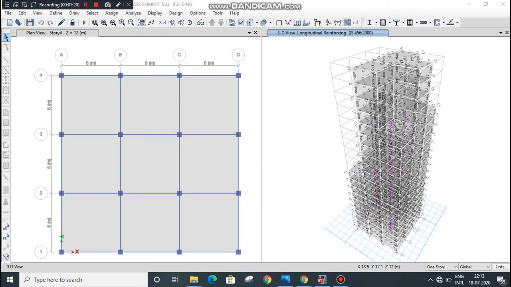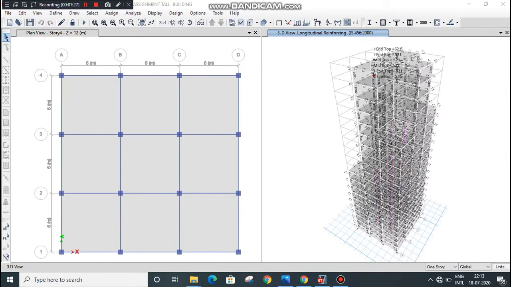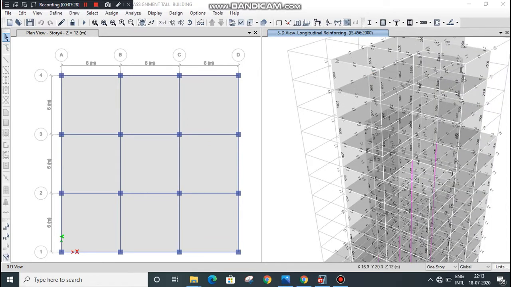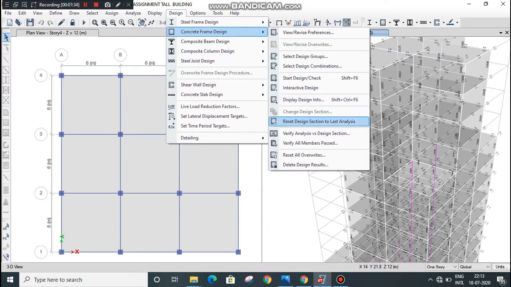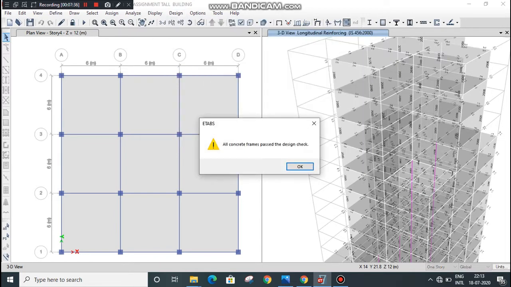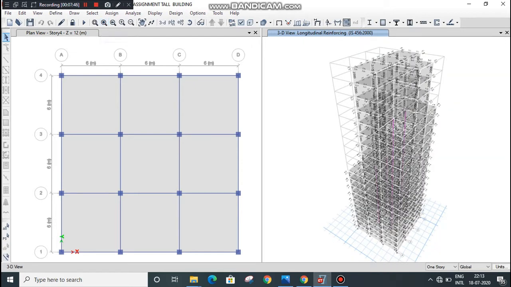Design has been completed. Here you can see the reinforcement. Now go to design menu again and select concrete frame design. Go to all members, verified all members passed. Here all concrete frame passed the design check. Click on OK. Now our design and analyze for seismic load has been completed.